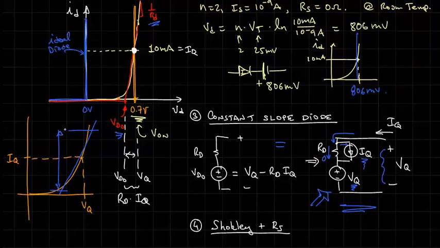Then I'm trying to minimize the error over that whole area. The error at any point would be just the vertical distance between these. It may behoove me to not actually pick my model line to intersect with the operating point, because if I do that,